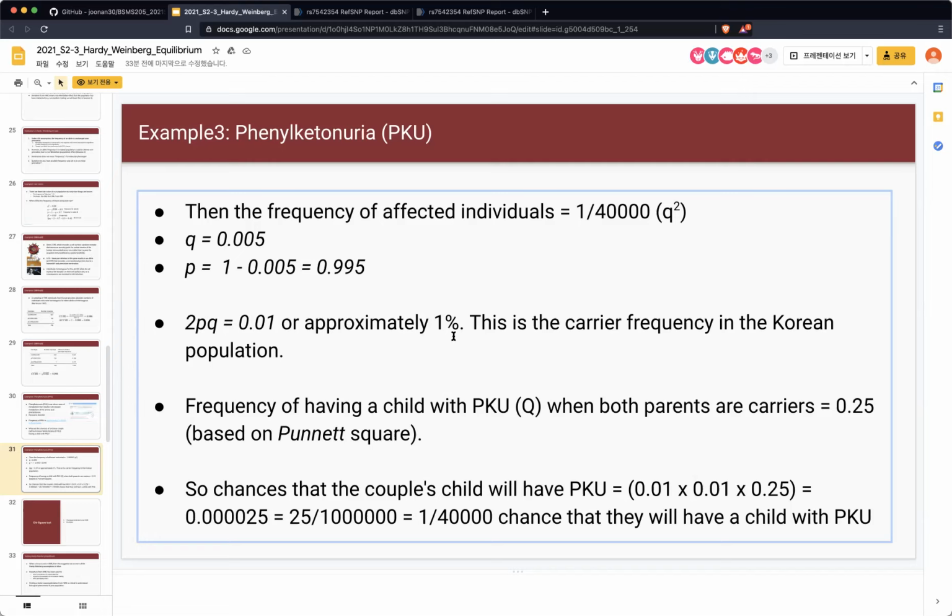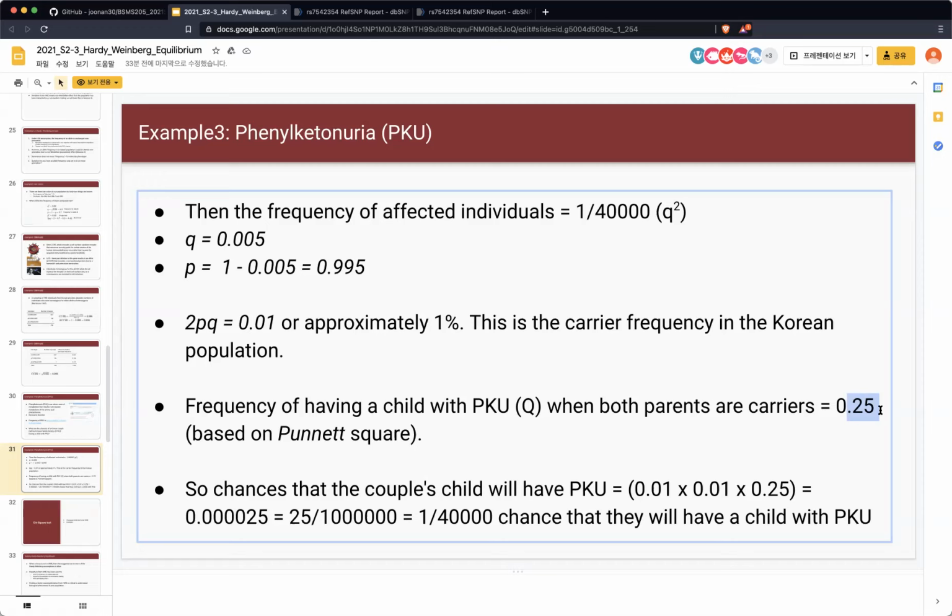And this is approximately 1%. So this is the frequency of heterozygous carriers. Carrier means that the person has the heterozygous genotype but does not have the disease, right? So the carrier frequency in the Korean population is 1%, right? So what is the frequency of having a child with PKU when both parents are carriers, right? In that case, you have a